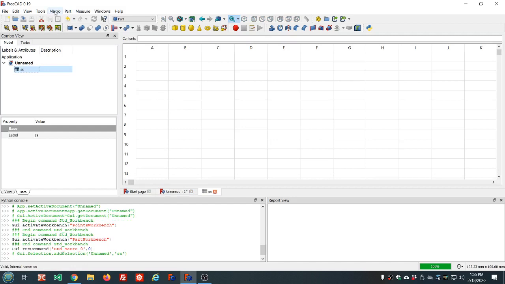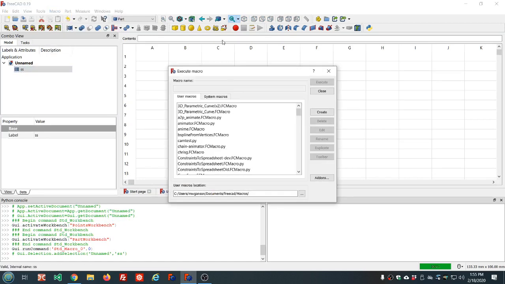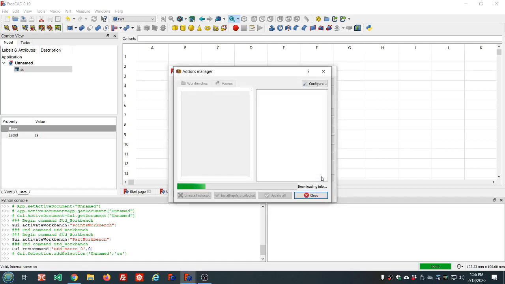Now let's look at the easy alias macro that we often use. Now let's put it on the toolbar. But before we do that, let's go to the add-on manager and see if the developer has kindly included a toolbar icon for us. So let's go to the add-on manager,